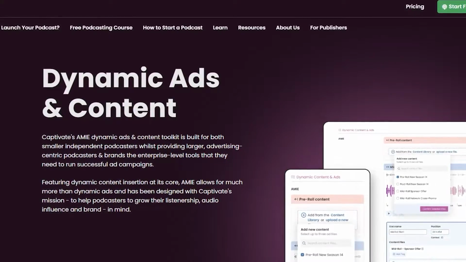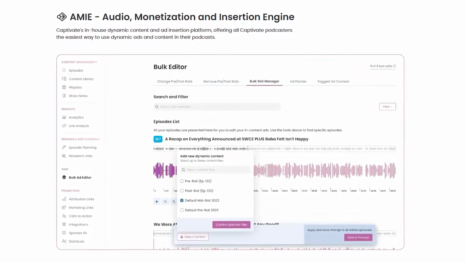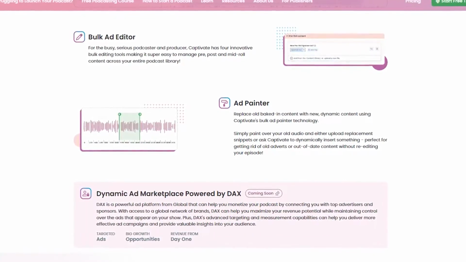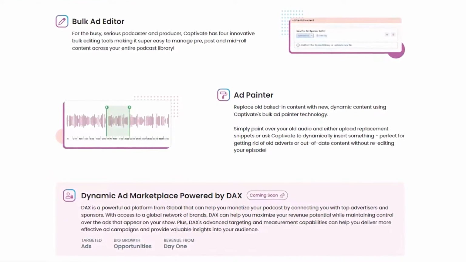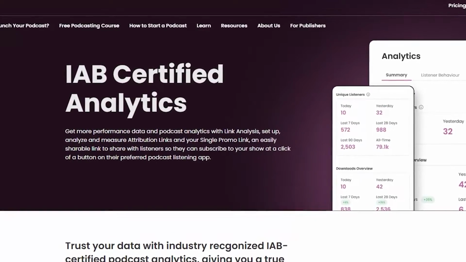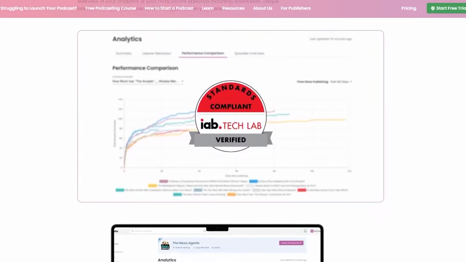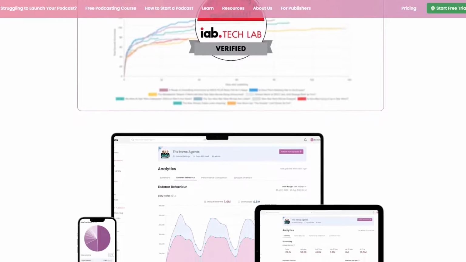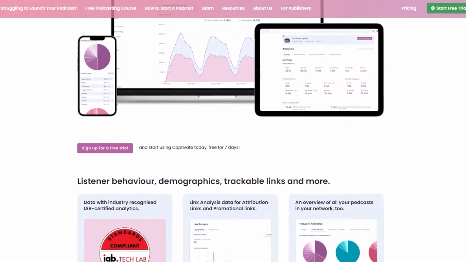They also have dynamic advertising and content features. They have audio monetization and insertion engine, or AMI, bulk ad editor, baked-in ad painter, and a DAX ad marketplace. All of these are just tools to make it easier to make money. Next is on to their download and analytics features. Their analytics are IAB certified. They have link analytics, network analytics, episode performance comparison. You can download location information, device and listening tools information, web player analytics, and you can export analytics to CSV